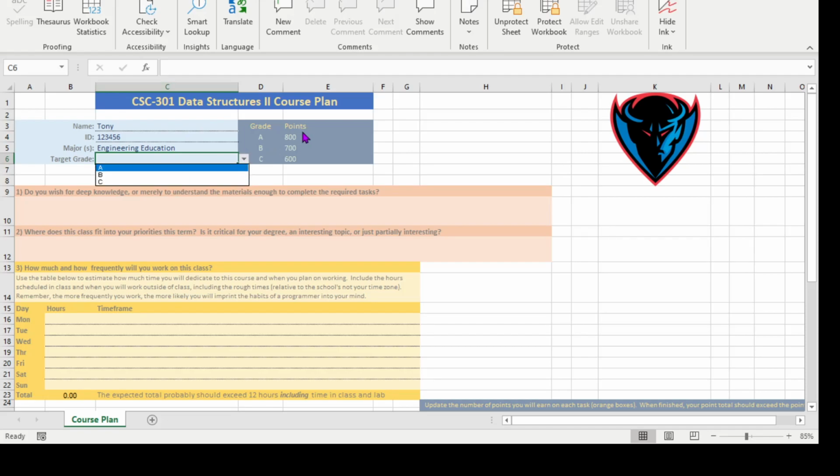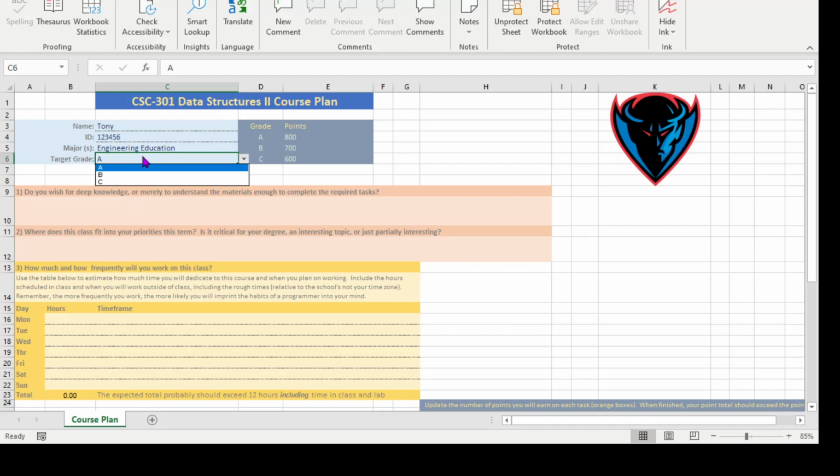This reflects what points you're going to need to get that grade. So if you're shooting for an A in the class, you're going to need to come up with 800 points. And we'll come back to that later on, but this is a good estimation. It's okay to say, you know what? This is important to me, but it's not the most important thing to me. If I pass with a C, I'm okay with that, or if I get a B, I'm happy with that. You can always exceed your expectations. It's not going to hold you back, but it's going to set your expectations of the work coming up.